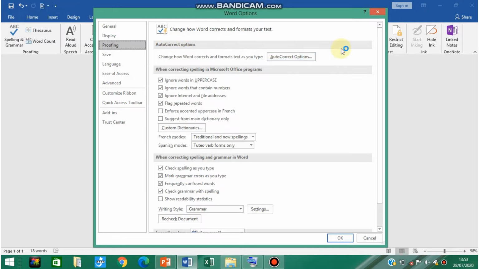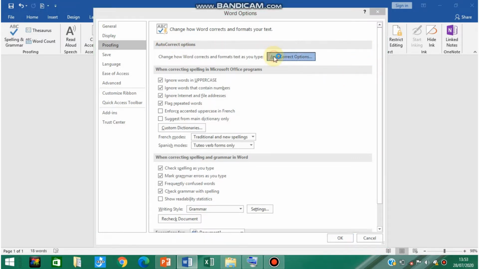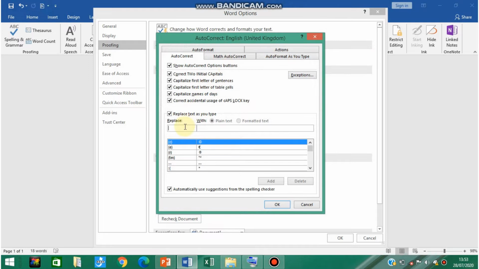From this first section, click on Autocorrect Options, and here you have to write in the replace text box. Inside this replace text box, you have to write the word which you want to replace with other text. So for example, I want to replace LT with living things.